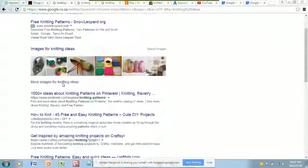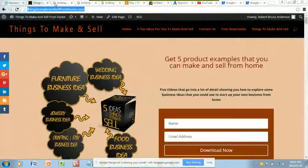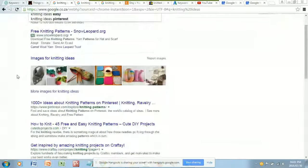For me, to do this first, typical marketer, I immediately wanted to see who was paying for ads, and there's very few. So I could probably run an ad here for knitting ideas for this product of mine and can get away with it very easily, 2 cents a click. Anyway, the point is,